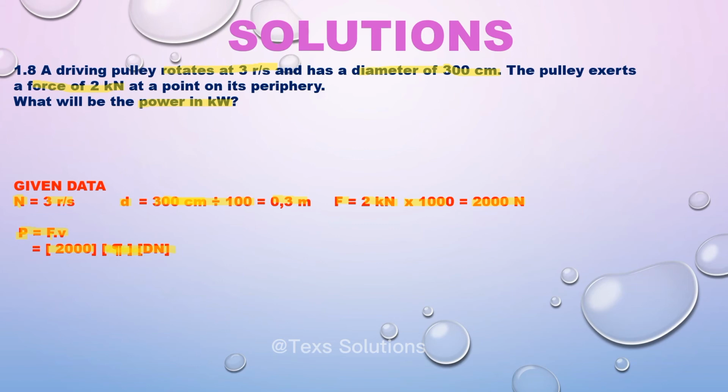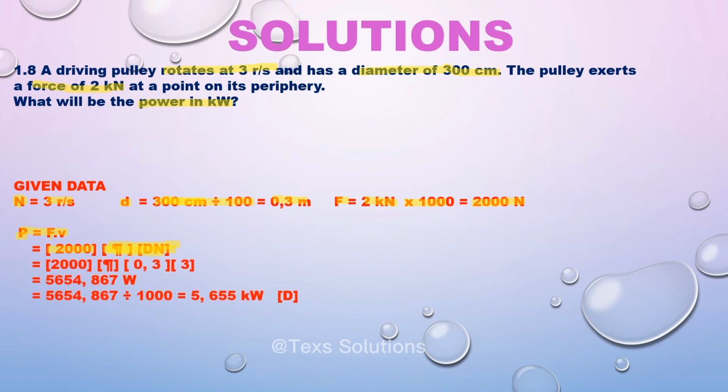So we need to find the velocity when an object is rotating. In the previous question, we had a velocity with an initial and a final velocity. In this question, the velocity is when the object is rotating in a circle. In the previous questions, it was moving on a straight line. So let's substitute. We've got the force is 2,000. Pi is a constant. We now have the diameter 0.3 and the rotational frequency in revs per second is 3. So I would end up with